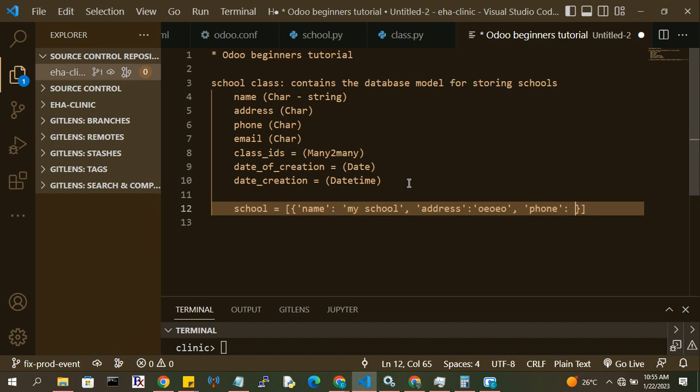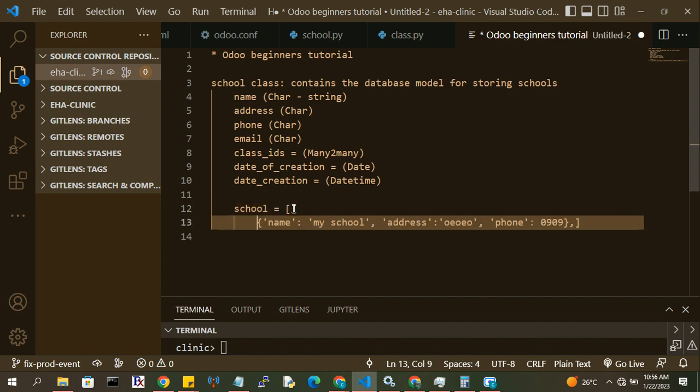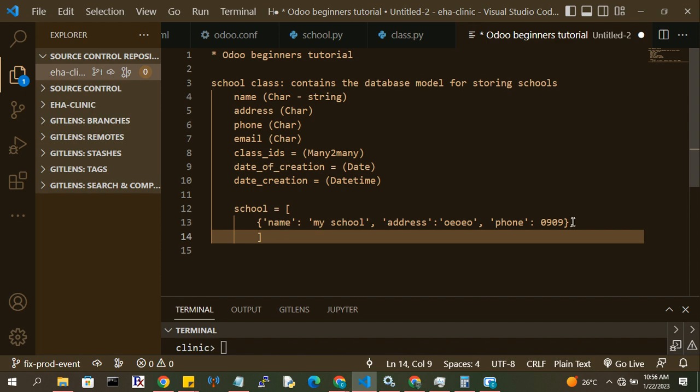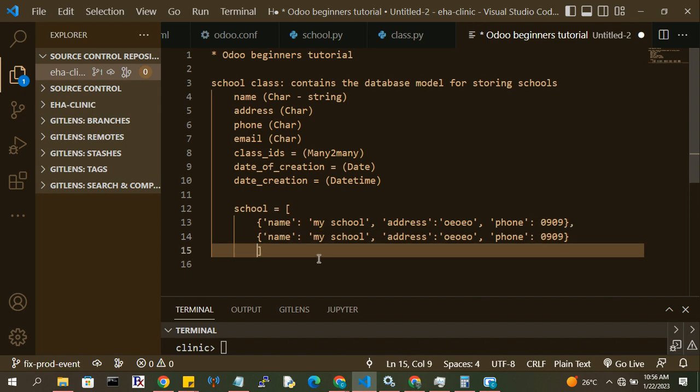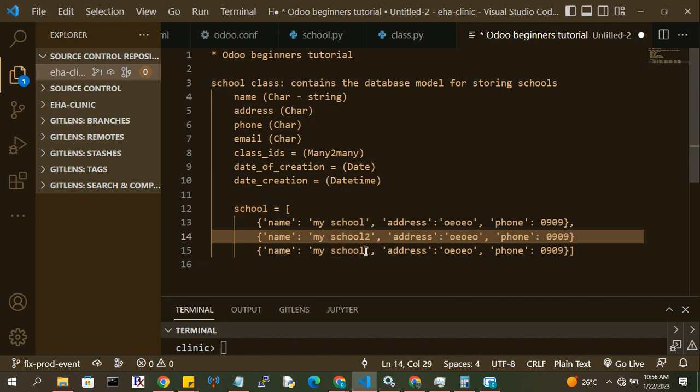Phone, still a child. So this is the first record inside this school class. So it can be a list. This is just the structure of what I'm trying to generate. So these things are records. It can be different things,